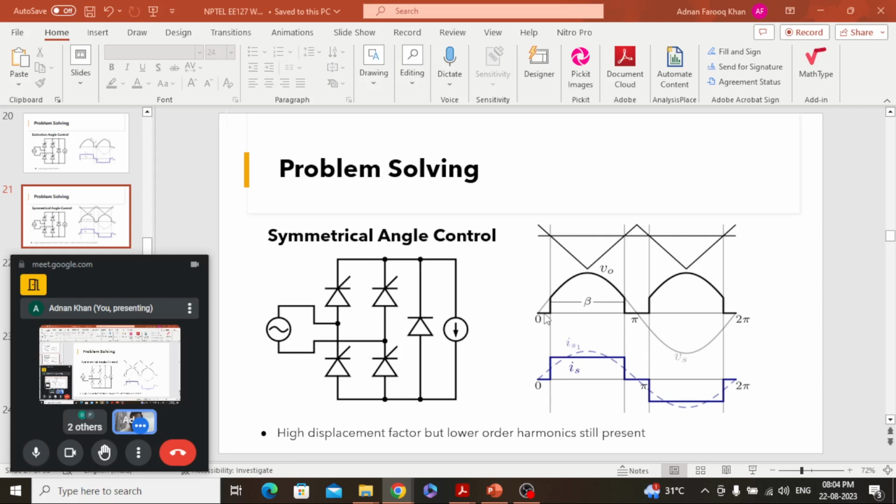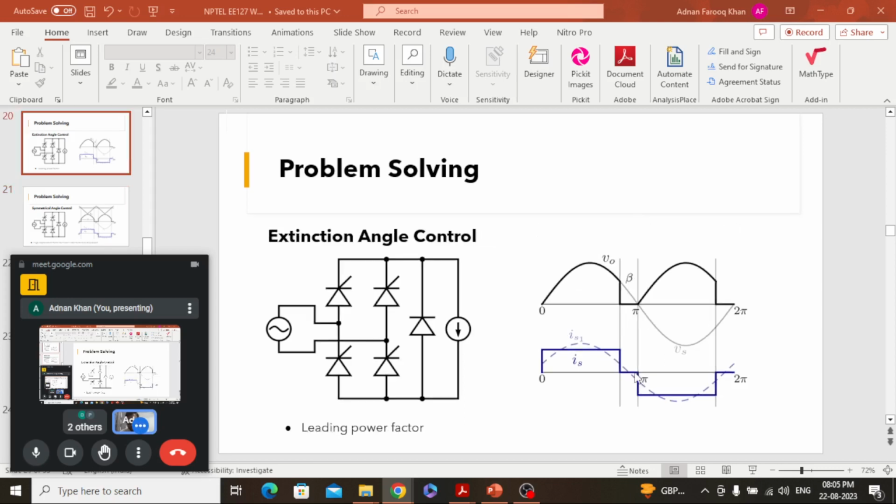Like you saw, when we had a delay of a certain angle, we had a lagging power factor, where the current was lagging the voltage by some angle. And when we did the extinction angle control, as we saw in the previous slide, our current was leading the voltage by some angle,